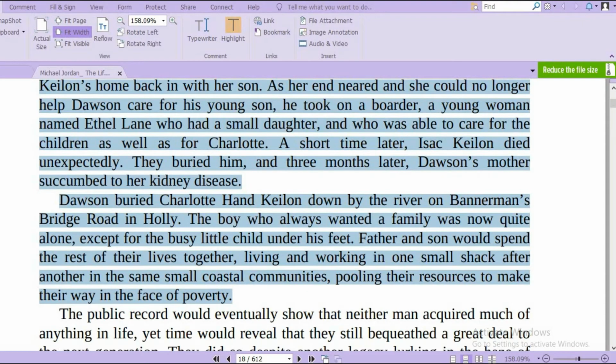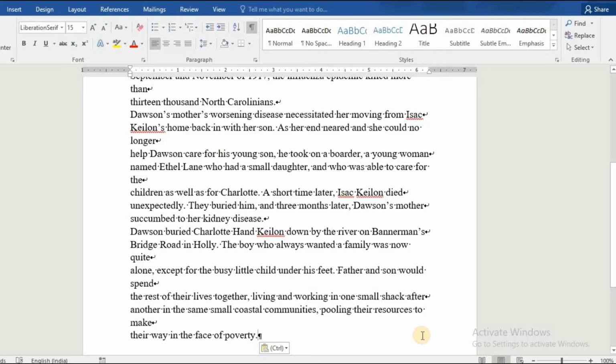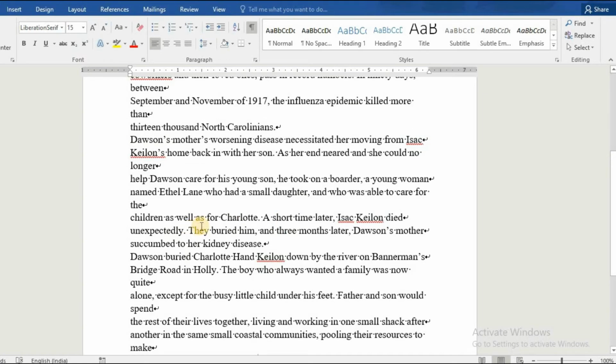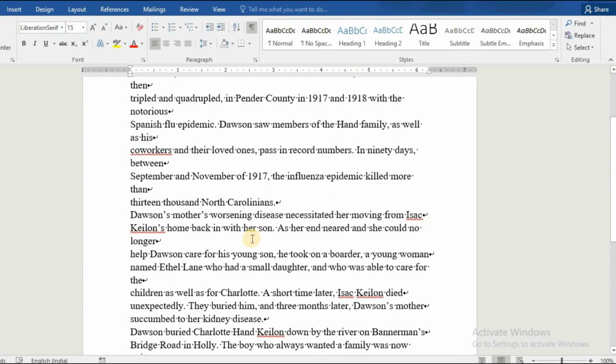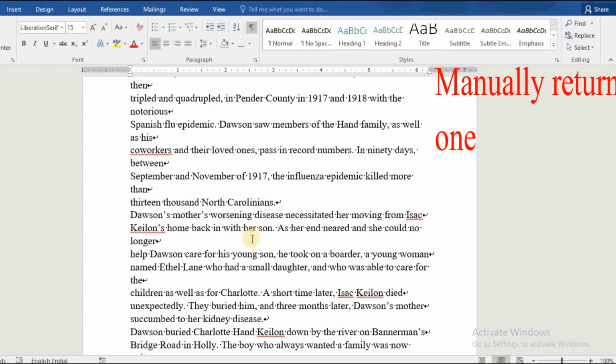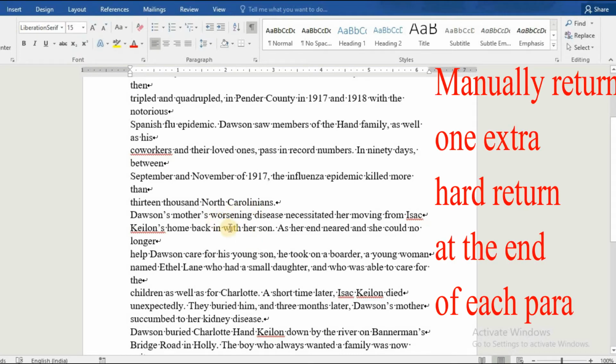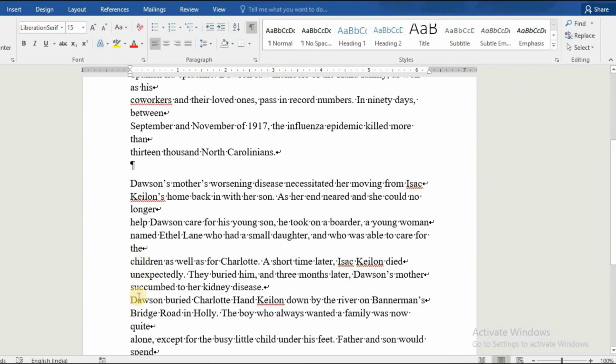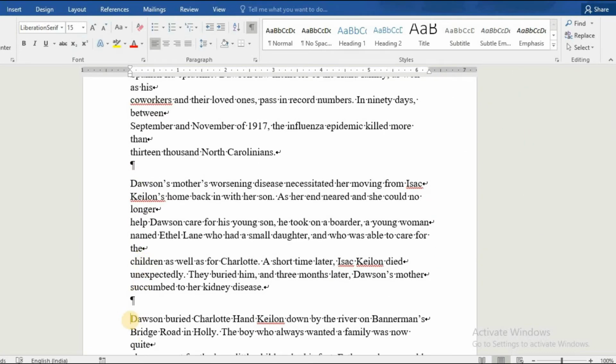But when copied to Word, it needs some serious washing and cleaning. First of all, we will take care of the genuine hard returns, which is at the end of the paragraph. So we will, for the time being, manually enter one more hard return there, like here and here. We replace now these manually entered hard returns with any character that is not likely to be present in the copied text.